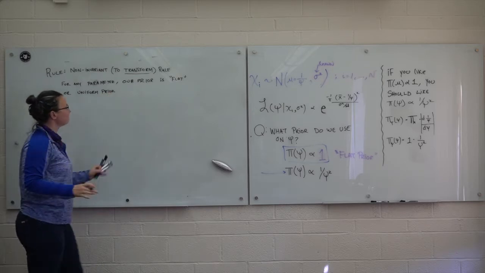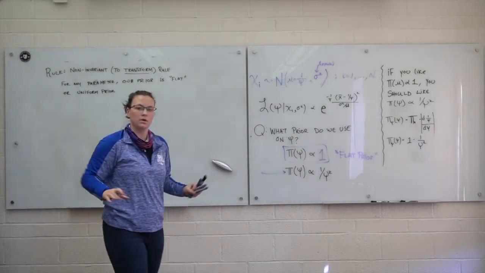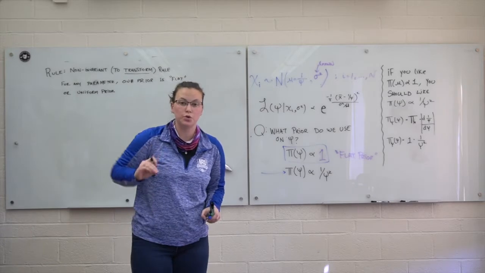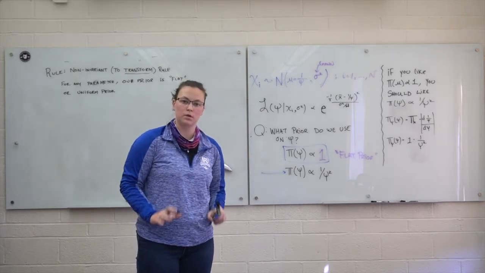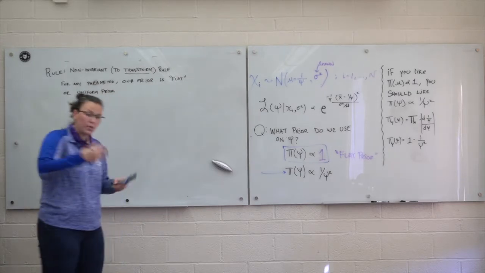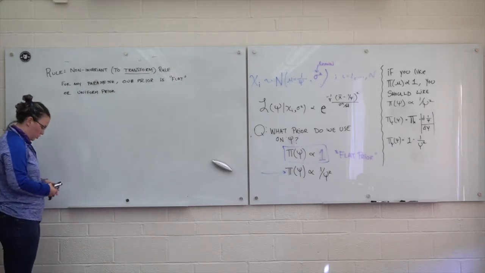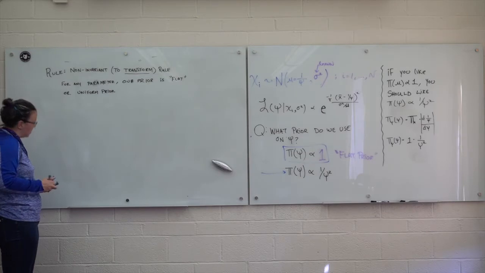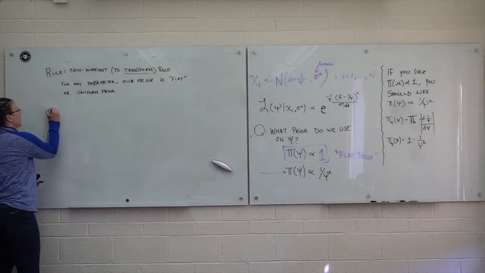Okay? That's going to be our rule. I'm going to foreshadow. You do not want to use this rule, and let's see why. So we have two experimenters. We had one experimenter who liked, so experimenter 1